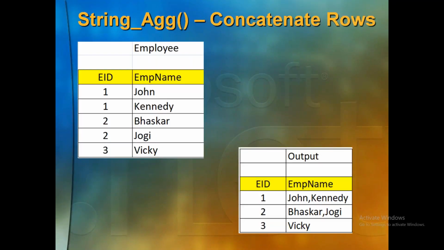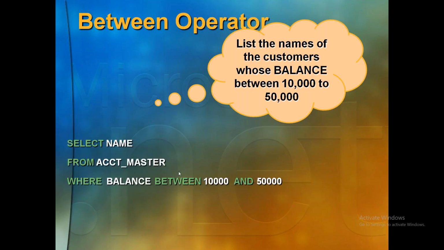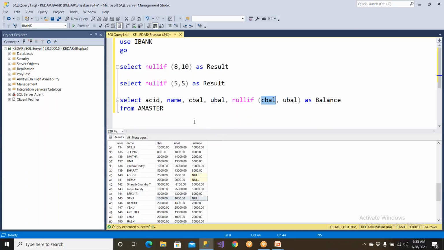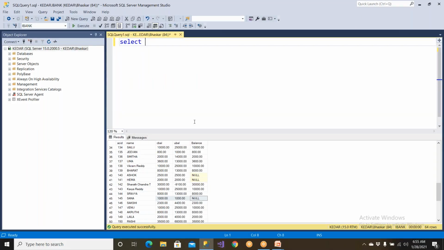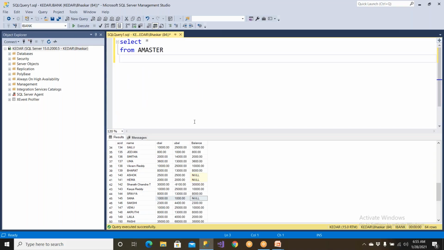So I wanted to go further and let us understand what a BETWEEN operator is. List the names of the customers whose balance is between 10,000 and 50,000. So select name from the account master table where balance between 10,000 and 50,000. When I execute this, you will be able to see. Select star from the account master table where balance